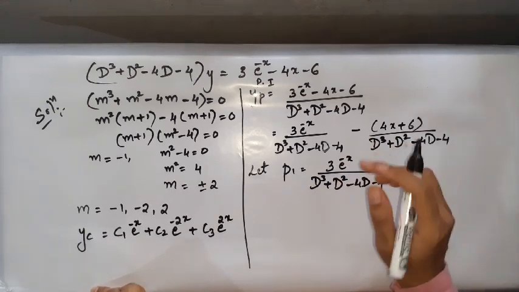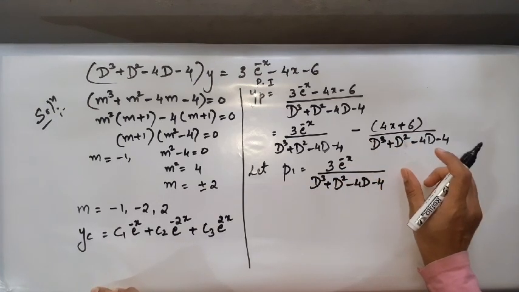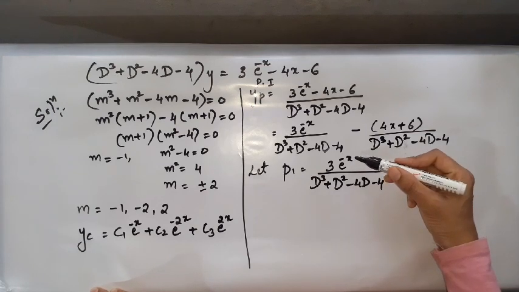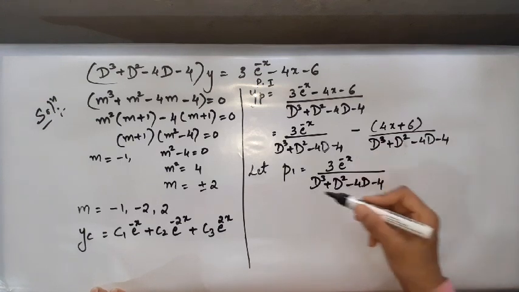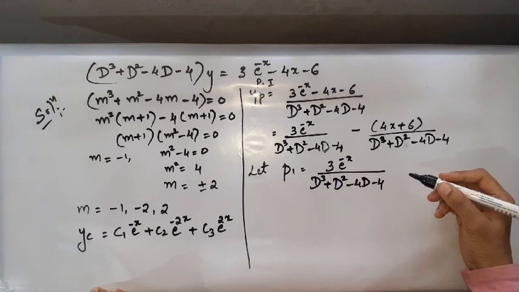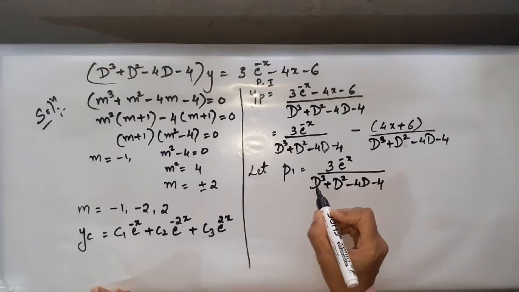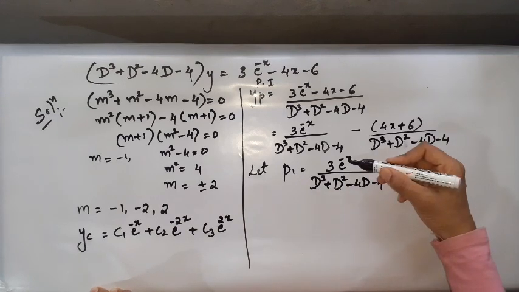Now, if you see this equation, what do you think? Is it not of type 1 PI, type 1 integral, where you have e to power ax in the numerator, and the denominator a function of d? So how do you solve this type of equations? You all have learned this already in my previous classes. What you do is replace every d in the denominator by the quotient of x in the numerator.